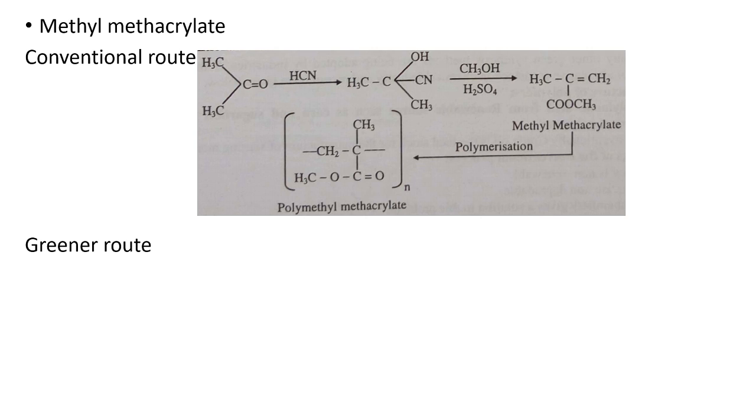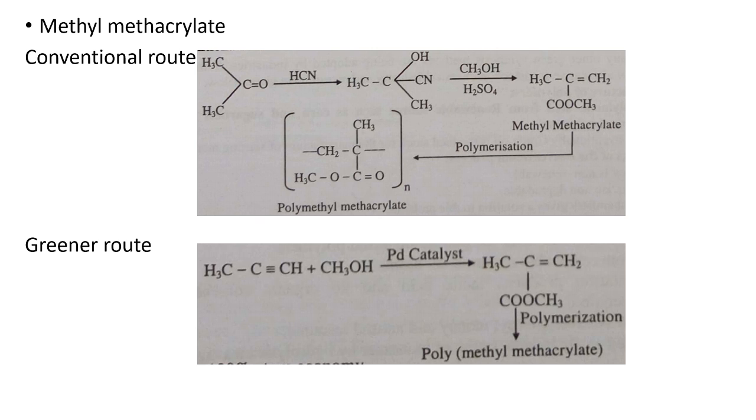The greener route is this: you start with acetylene, treat with methanol, use the organometallic catalyst, which can be a renewable catalyst, meaning every time you can renew that, and you will get directly the methyl methacrylate, and there is 100% atom economy observed. So these are the examples which can replace the conventional feedstock. There is one more